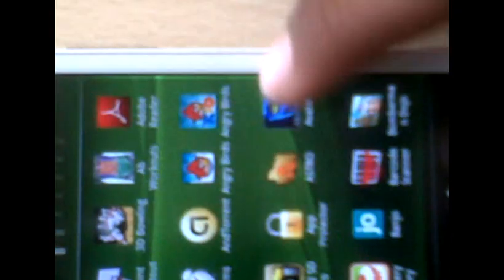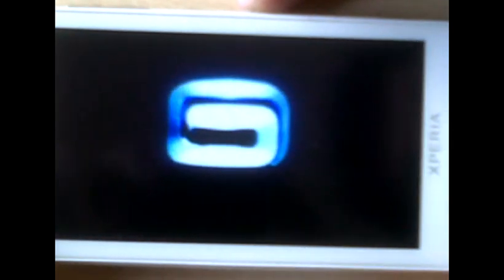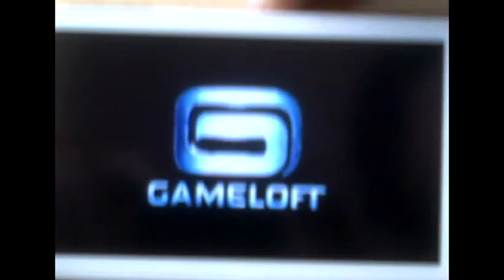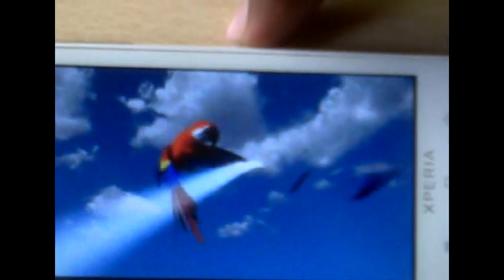And then we have more games like Dungeon Hunter. Dungeon Hunter is a very nice game for the Xperia. Then Let's Golf or Let's Golf 2. Those two are also HD games for the Xperia. These games are also working very nicely.